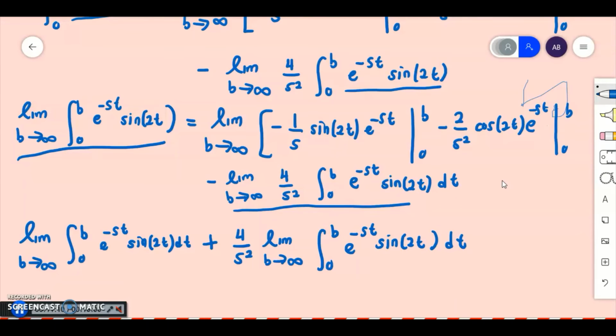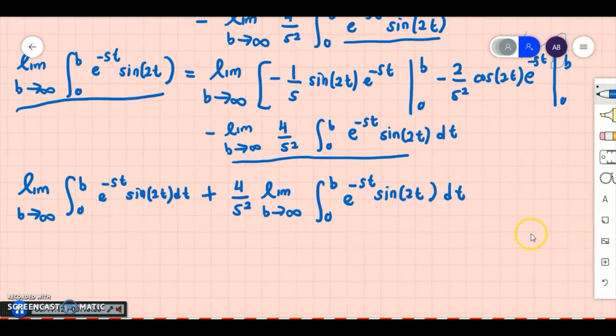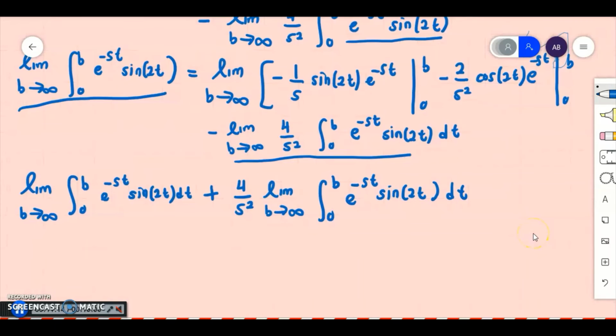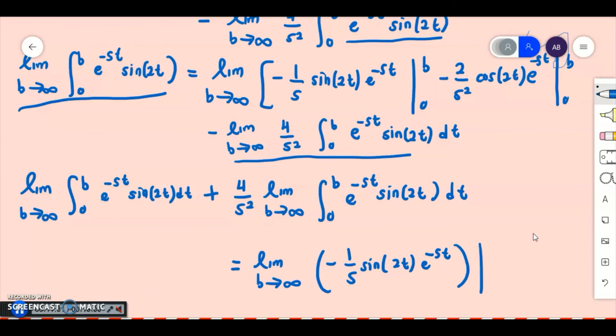Okay, there's a long work here, so don't forget, I'm going to write it equals to, maybe here, the upper part, which is limit b approaches infinity of negative 1 over s sine 2t e to the negative st from 0 to b, and then minus